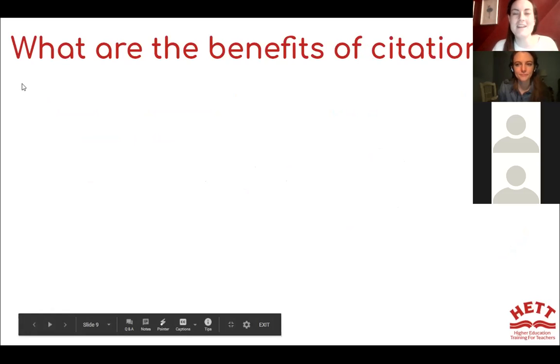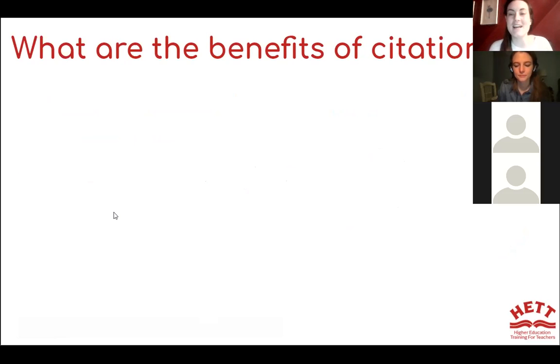What are the benefits of citations? Why should you cite or do citations? When you're writing your research paper, why should you use citations?